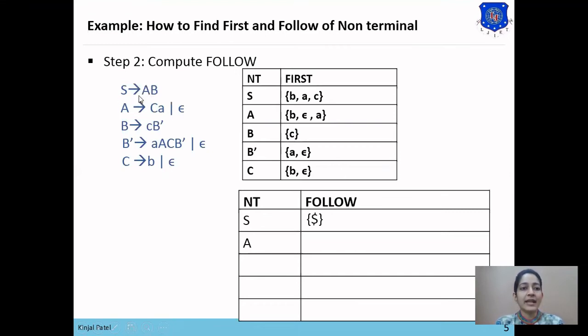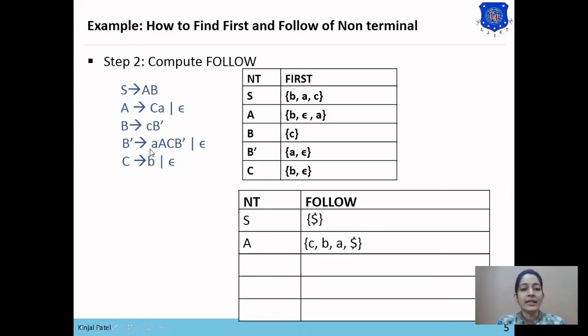In the first statement there is A. So we'll check for the symbol following A. Here non-terminal B is following capital A. So we'll see the first of B. The first of B is C. So C will be placed in the follow of A. Now we'll check whether there is any null in the first of B. As there is no null symbol in the first of B, no more rule will be applied in the first statement. Now we'll check for the A symbol in the remaining grammar rules.